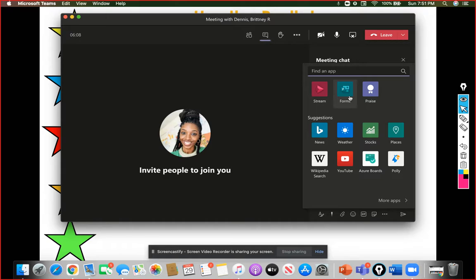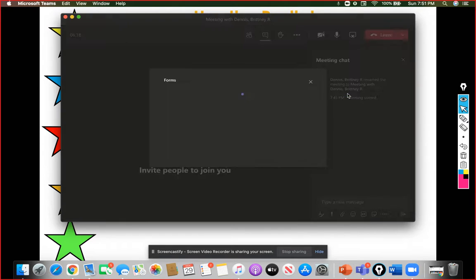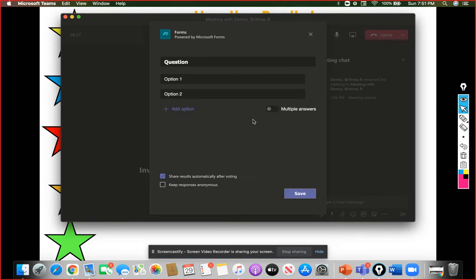Another tool that I've mentioned is Microsoft Forms, which can now be added as an external tool to your Teams app. And this allows you to send polls during your lesson. So if you're in the middle of a live lesson and you wanted to ask students a question where they just select a multiple choice answer, I would say,